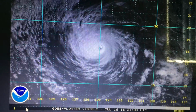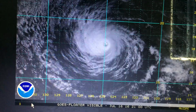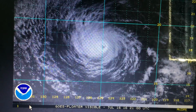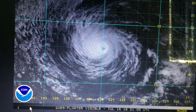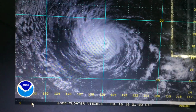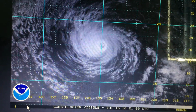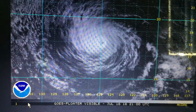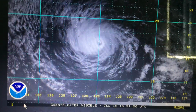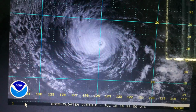You can see that Darby has an excellent annular structure, very typical and very reminiscent of both Hurricane Bloss, Hurricane Zelle in 2014, even Hurricane Ignacio a little bit. And obviously, as I mentioned before, Darby's heading towards stable air. It's maintained itself at around 18 degrees north, moving west to west-northwest, and meanwhile it's maintaining a fairly